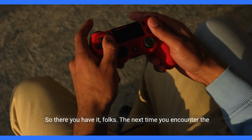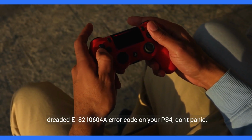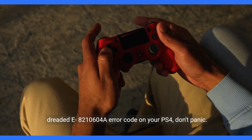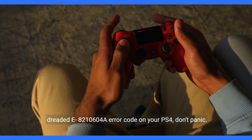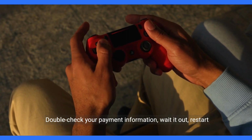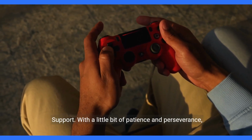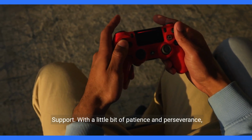So there you have it, folks. The next time you encounter the dreaded E-8210604A error code on your PS4, don't panic. Double-check your payment information, wait it out, restart your console, and if all else fails, reach out to PlayStation support. With a little bit of patience and perseverance,